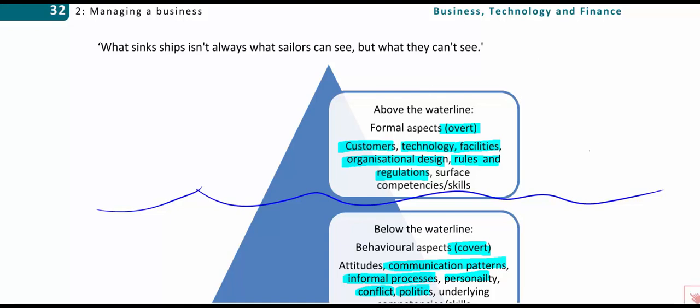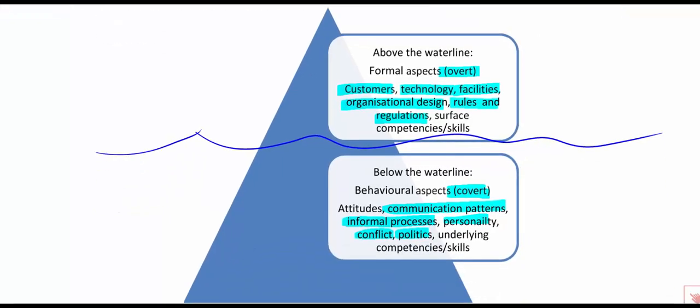Now, if we just pick on one small part of the below the waterline here and think about personality, think about the personalities of people who work within the organisation. It's very difficult to try and paint everybody with the same brush. So we really need to understand how different people are going to behave. And the rest of the first half of this chapter, chapter 2, really start to look at those